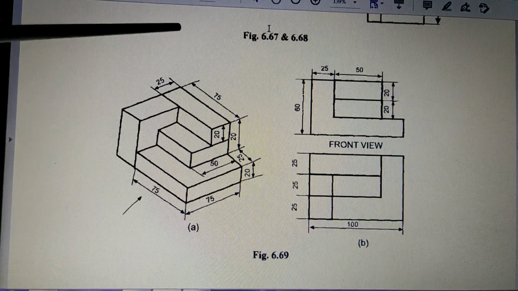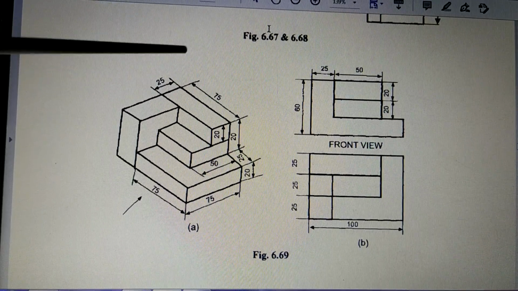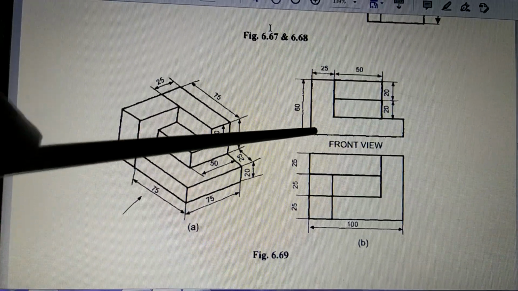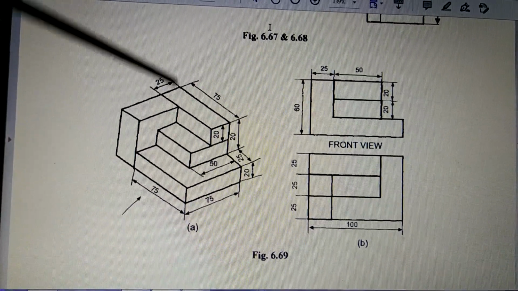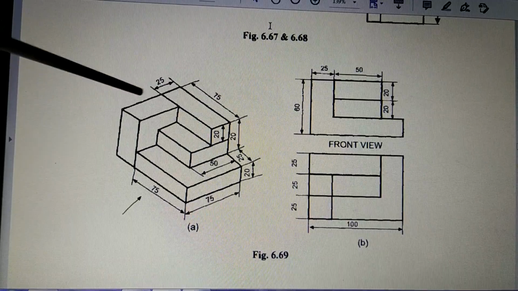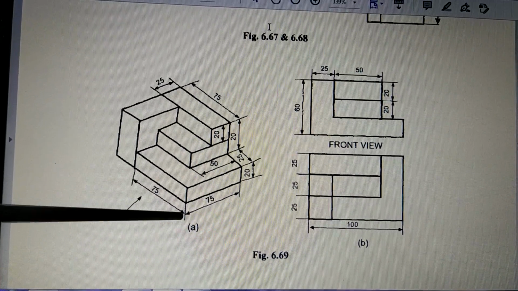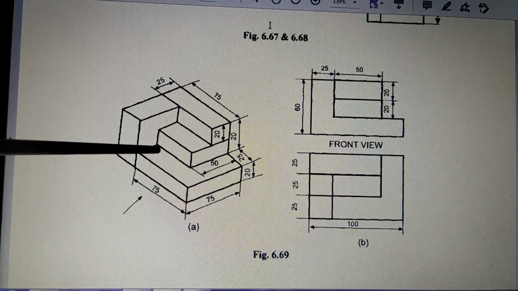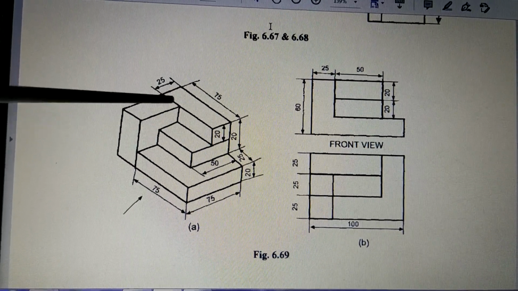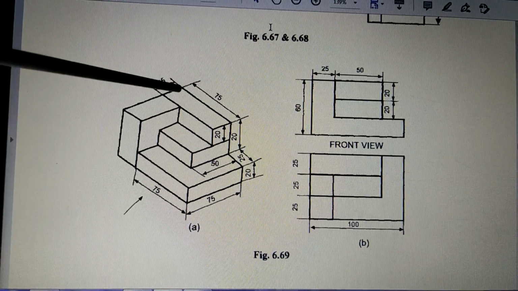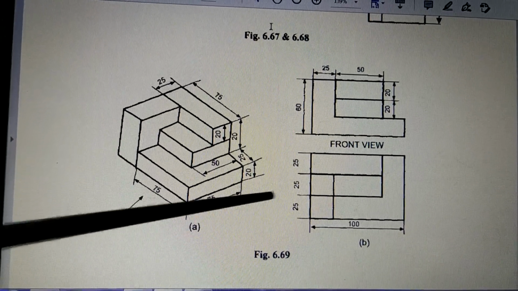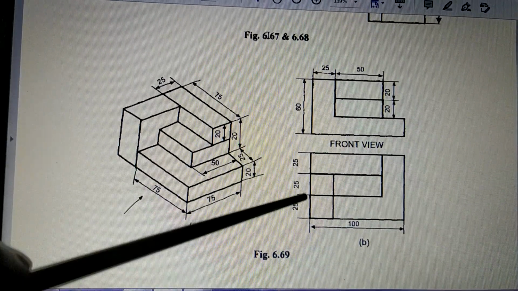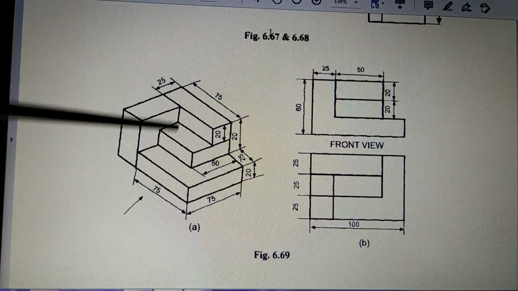Now when you see from top, what will you see? You will see the width is still the same 100. So within this 100 you have to fit. So draw these vertical lines. And when you see from vertical, what is this size? This size is 75. Because it is 25, then another 25, and then another 25. So 25, 25, 25. So this is 75. So the top view when you draw is 75 by 100. So 100 is already there. So this is how you begin. You draw a 75 by 100 rectangle. That is the overall shape.